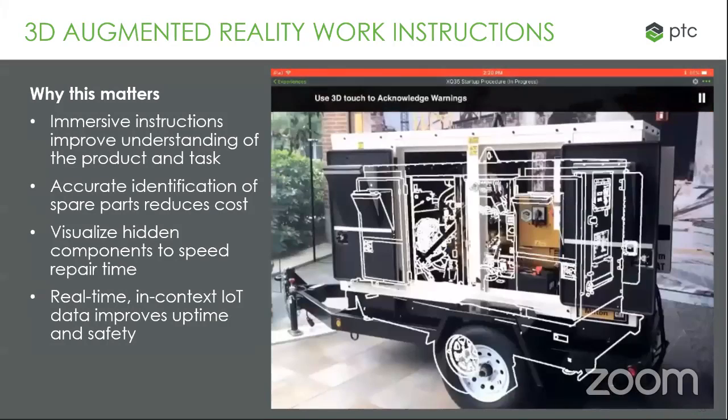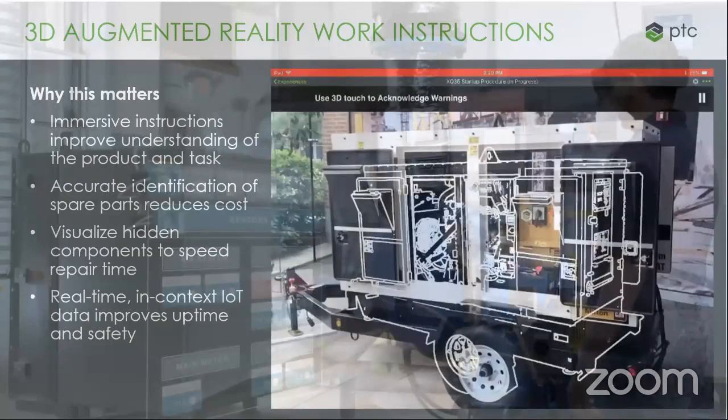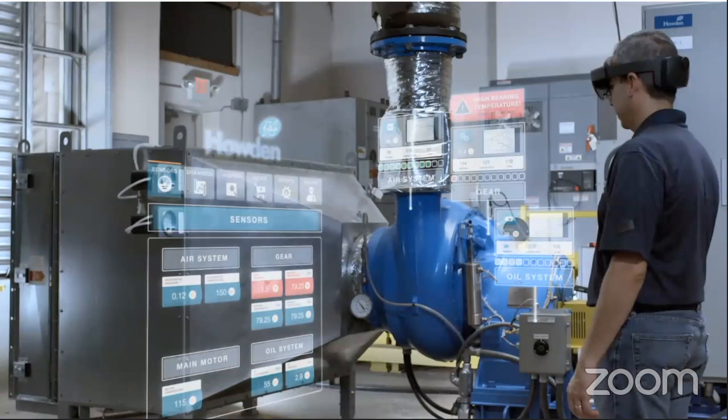Now, when we extended the consolidation of information, this is a Howden demo where Howden is using Vuforia Studio and ThingWorx platform to integrate multiple information, sensor information. Here you can see sensor information with state-based formatting, which will also help to trace the issue, where the issue is, like the issue is in gears. It consolidates information, drawings, inspection reports, surveys, then repair